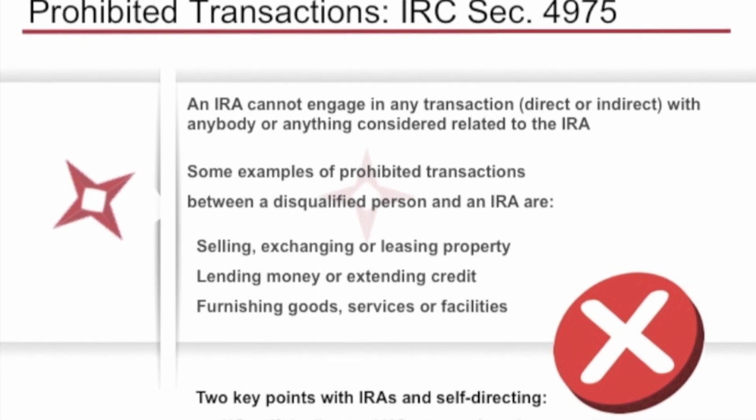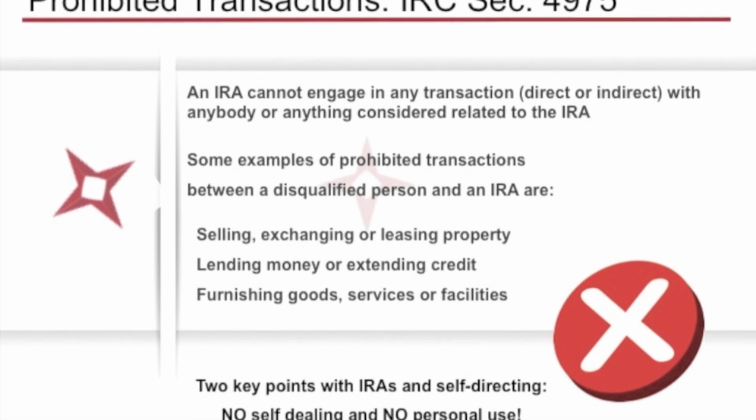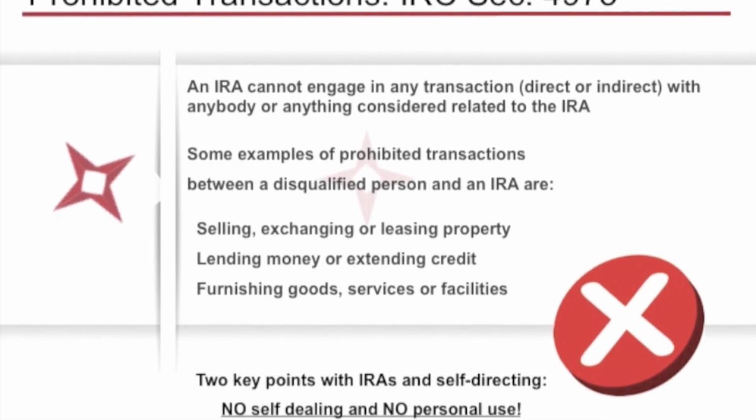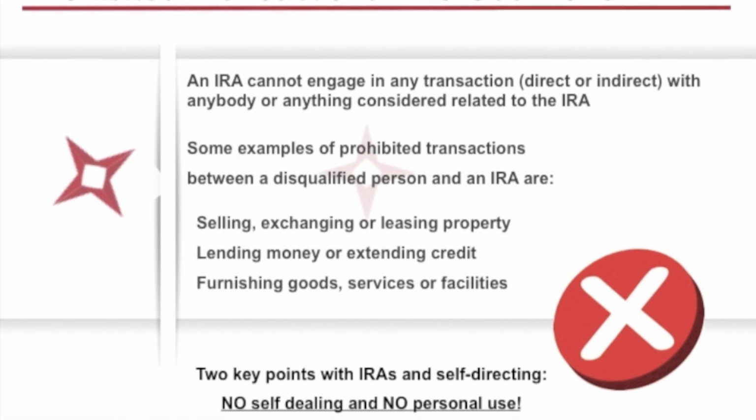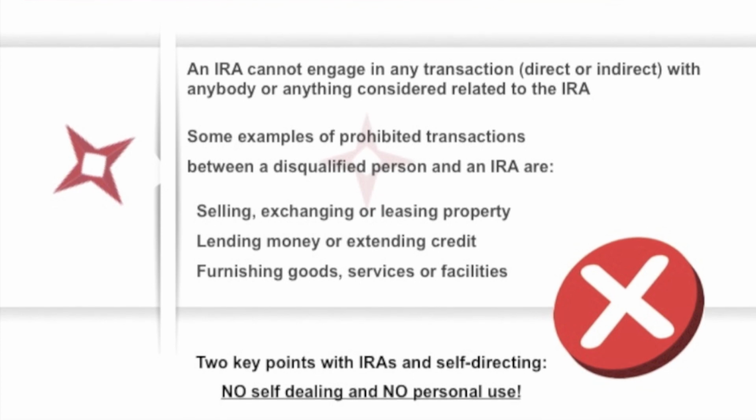Think outside the box. Now, I've told you all the good things about the self-directed IRA. There are rules, and some may try to deter you from using a self-directed IRA because of the rules. The rules are very simple and straightforward. If you follow these rules, you shouldn't have any problems. IRS Code 4975, which is part of the Internal Revenue Code, prohibits you from doing certain things with the self-directed IRA, making certain investments. As we mentioned, certain investment classes such as life insurance and collectibles are considered what they call prohibited transactions.